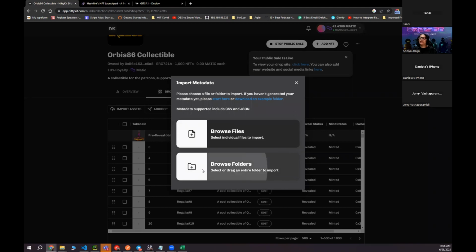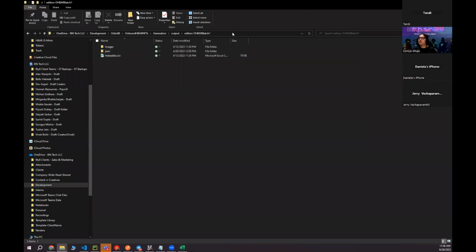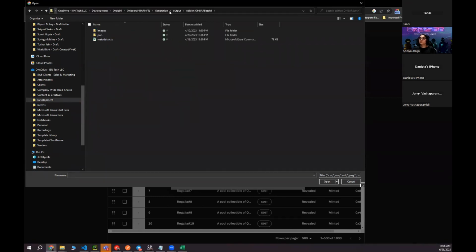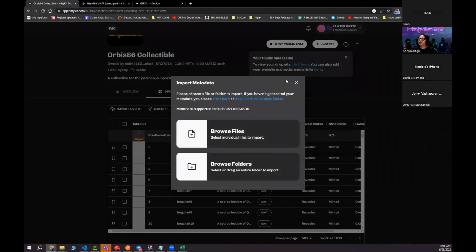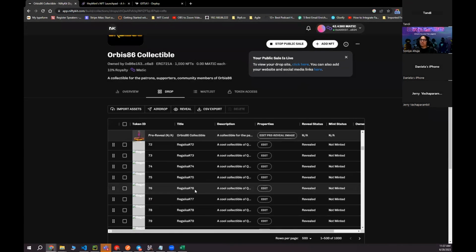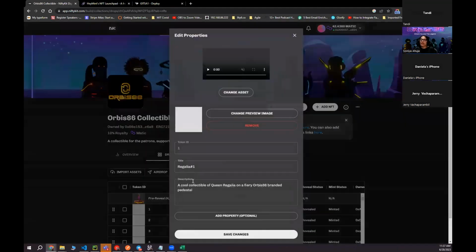All right, so once your metadata is ready, you can just browse, go to your metadata folder, wherever that is, and select the JSON. In my case, all of the metadata is in the JSON folder. So you can just select that folder and upload. Now I can add items to this collection,